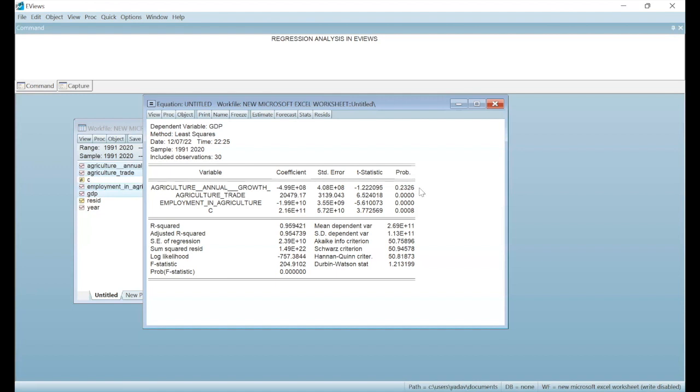So it is clearly signified here that agriculture annual growth rate is having a negative and insignificant impact on the